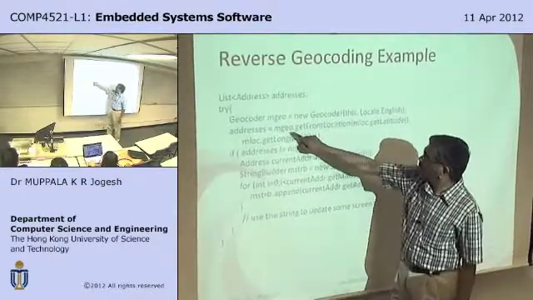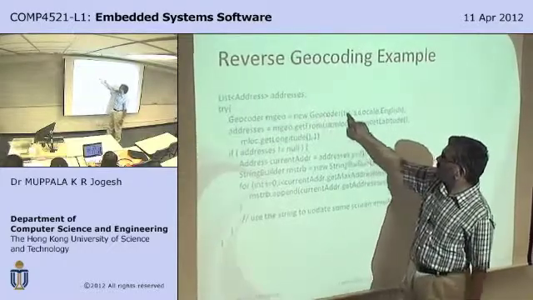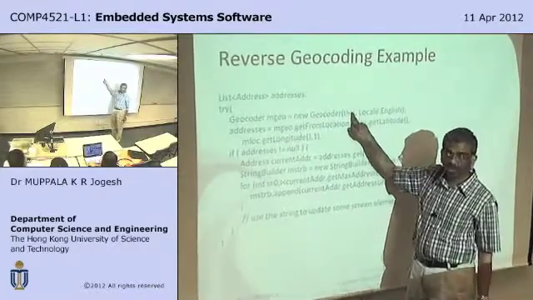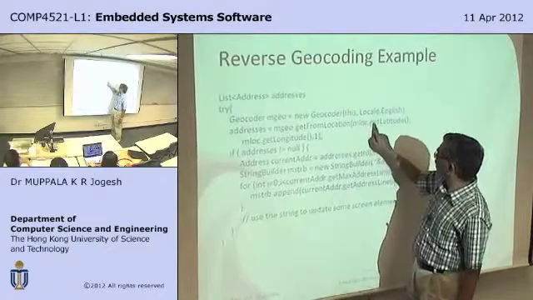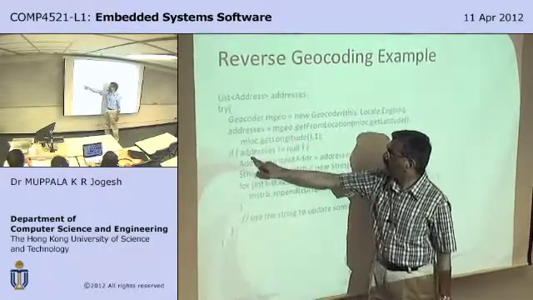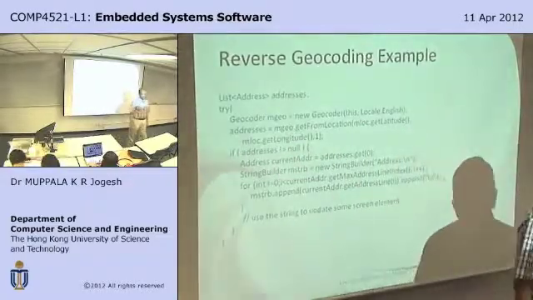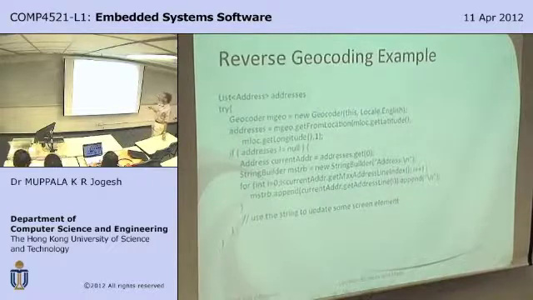What is this? This is nothing but an object of type Geocoder. When you supply the latitude and longitude information to that, it will return an object of the type Addresses. And this Addresses is nothing but a string. From that, you deconstruct and get hold of the string, and then you can print the string out